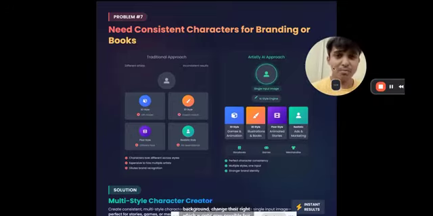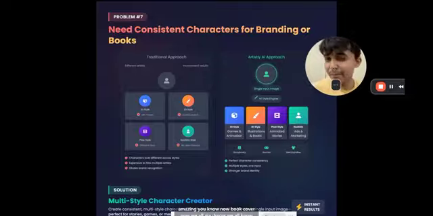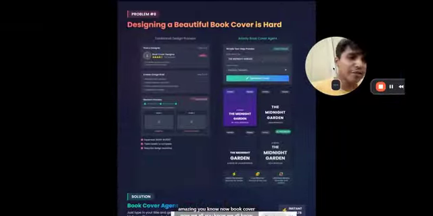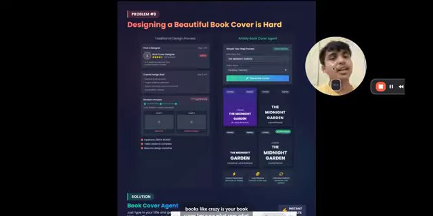Which is right now possible, but we upgraded it to different styles of categories and different styles of images, which is pretty amazing. Now, book cover. We all know that the number one important thing to sell your books like crazy is your book cover, because what they see is what it sells, right? So now we got Book Cover Agent. That means you just drop in your title, drop your author name, and boom, it will create beautiful, mesmerizing